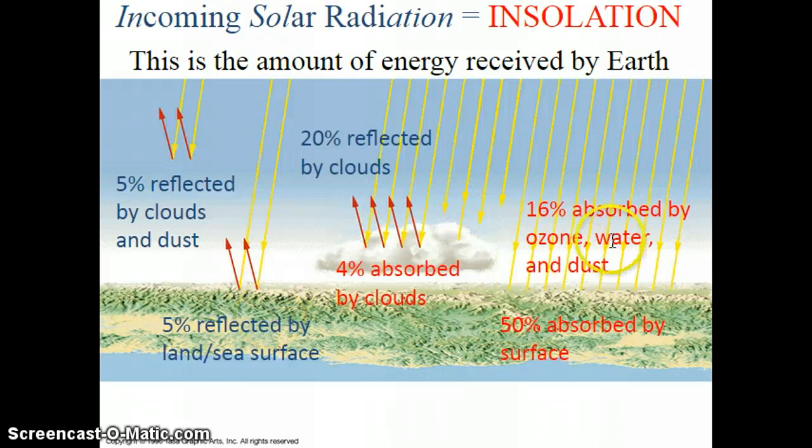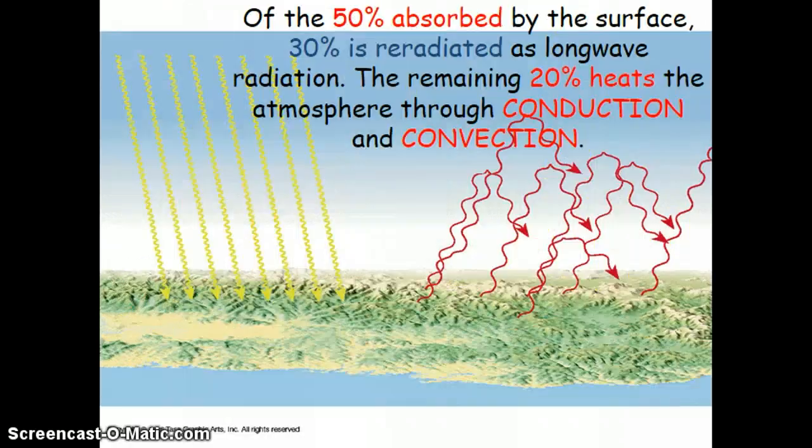So we have it's either being absorbed or it's being reflected. Of the 50% that makes it to the Earth's surface, 30% is re-radiated as long wave radiation. This is that heat energy in the form of infrared. The remaining 20% heats the atmosphere through both conduction and convection. So here we have the remaining heat energy that's heating our atmosphere, and some of it's escaping back